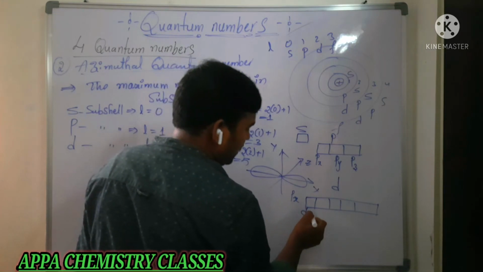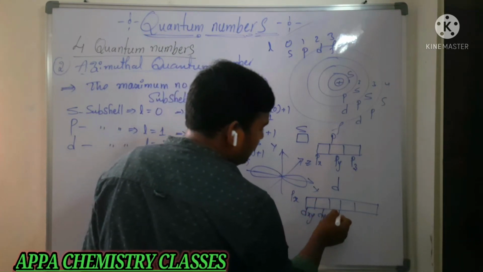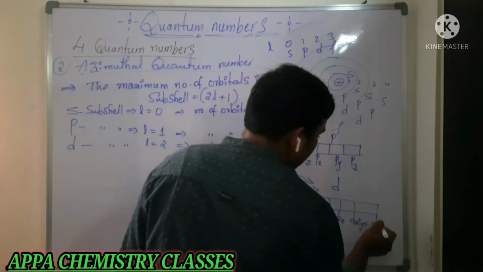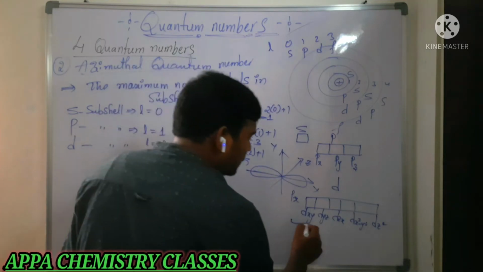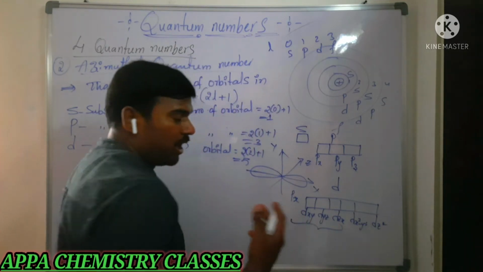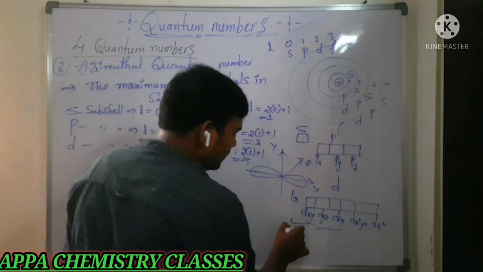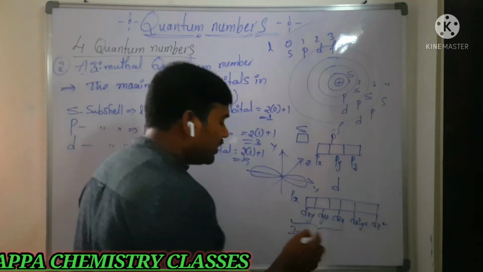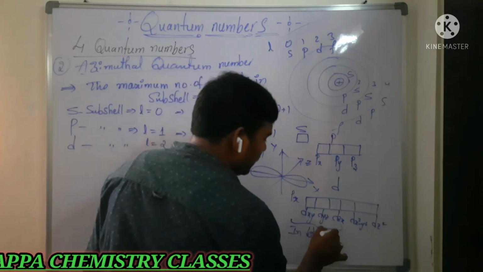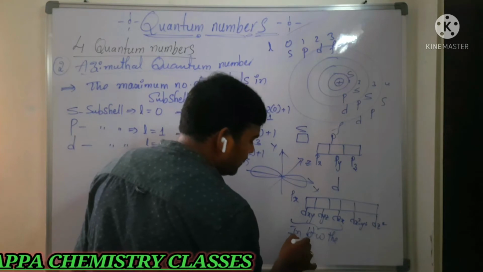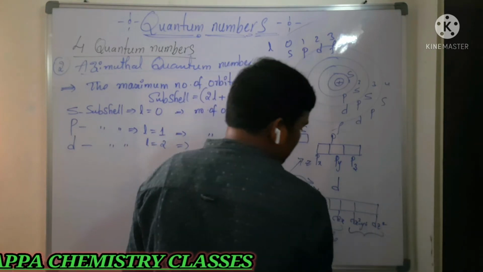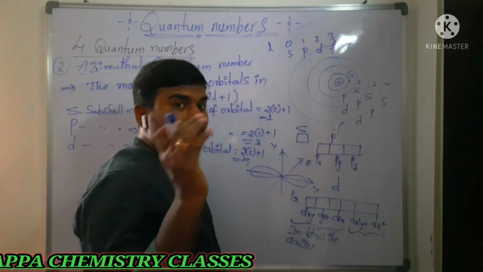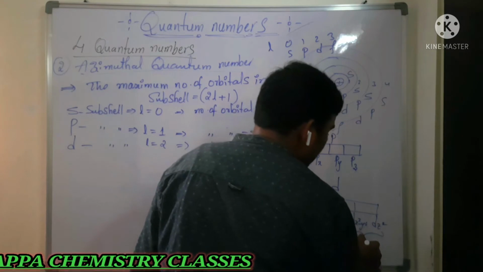One is dxy, dyz, next one is dzx, next one is dx square minus y square, last one is dz square. These first three orbitals, two dumbbells are present in between the axes. These three orbitals are orienting towards the nucleus in between the axes. Whereas the electrons in these two orbitals are oriented along the axes. These are along the axes.